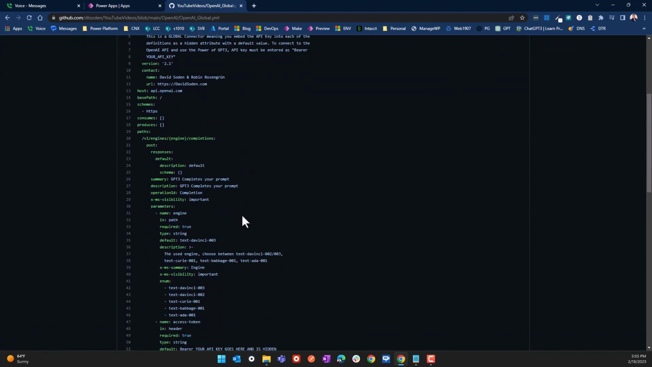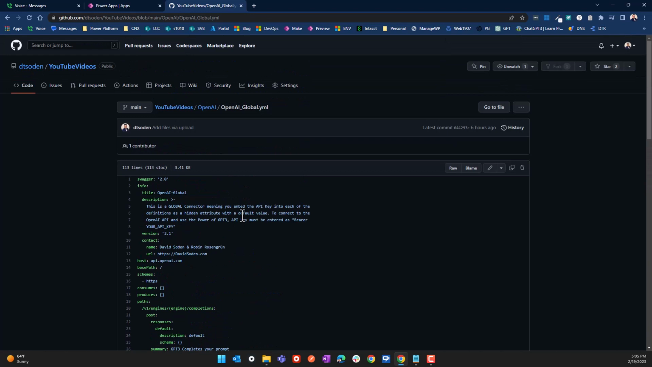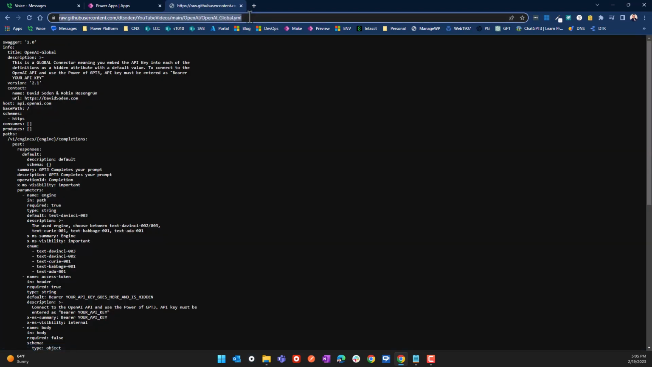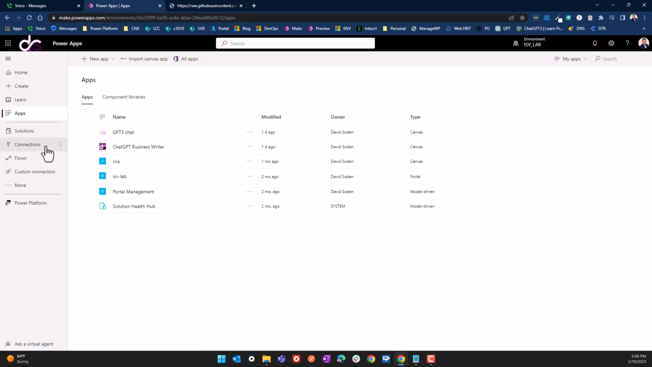So this again is a YAML file. Swagger files can come, and this is what this is, Swagger. Swagger files can come in two varieties. One is a JSON file and the other one's YAML. This is using YAML. So when you get to the screen, click on Raw, because this will give you a URL that you can use when you're establishing or creating your custom connector, which is what we're going to do